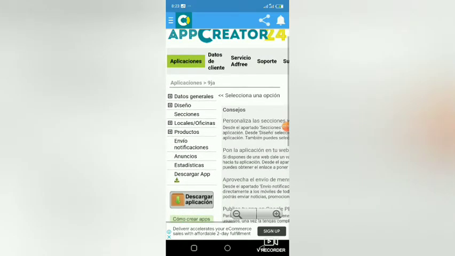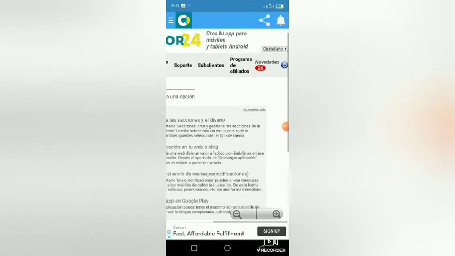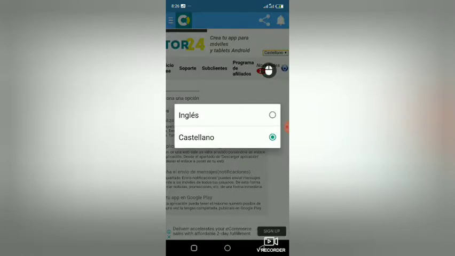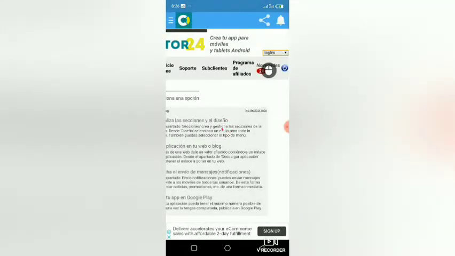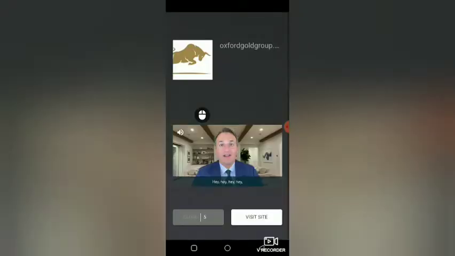Remember the last time, if we look at it now, it's not in English language, so I'll scroll to the right side and put it on English. I want to change it into English language, so I come here like this, and once I come here, I click. You see, I'll change it to the first one. Then it's loading, and now everything is in English language. So I'll click on the app I want to edit.